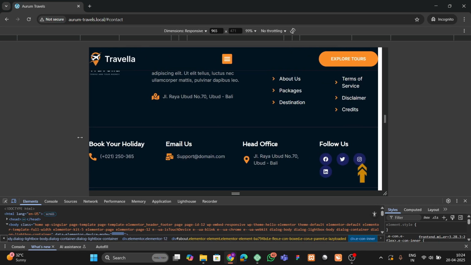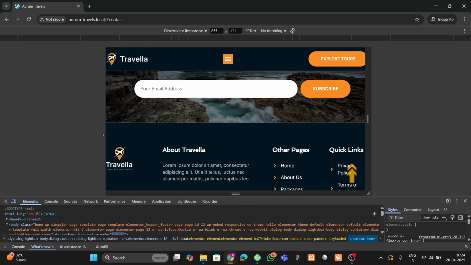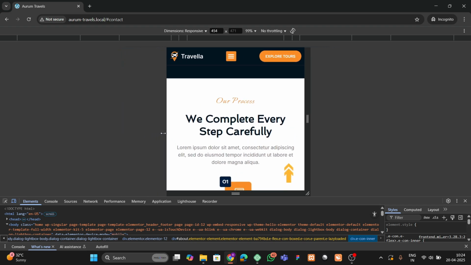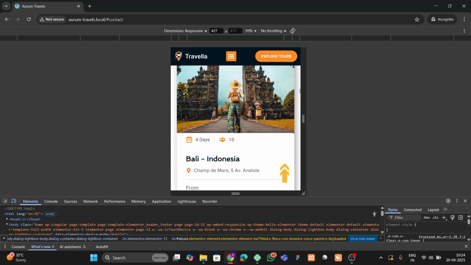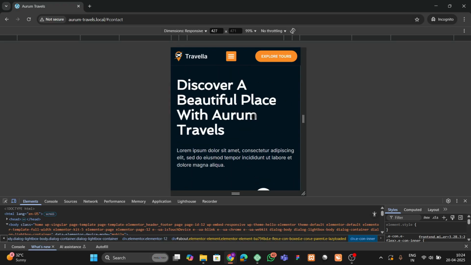This is not only responsive for the smaller screens, but it is totally responsive for all the screens like this. You can see that this will change its layout according to the screen size. Okay, so we're gonna build this whole website from start without wasting any time, and I will give you all